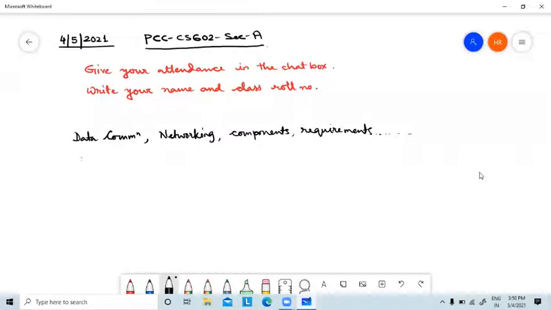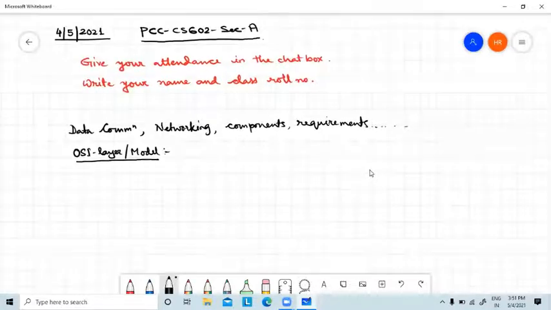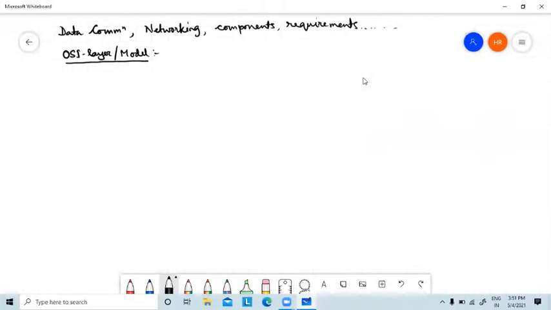of discussion about OSI, which is also called OSI Layer or OSI model. So today I will discuss this OSI Layer in detail. So just a brief idea about